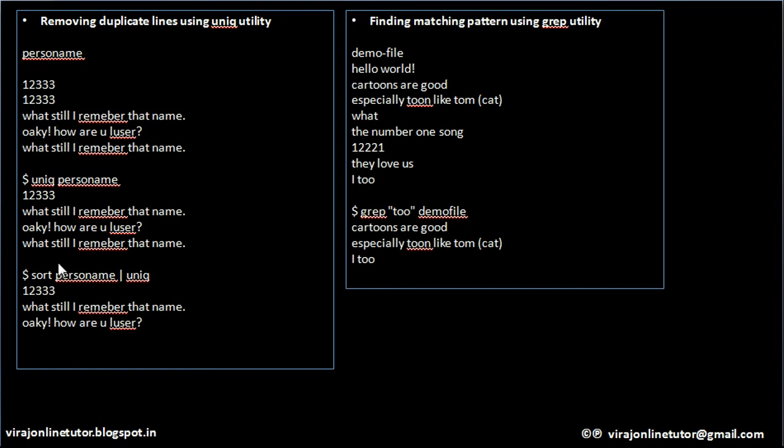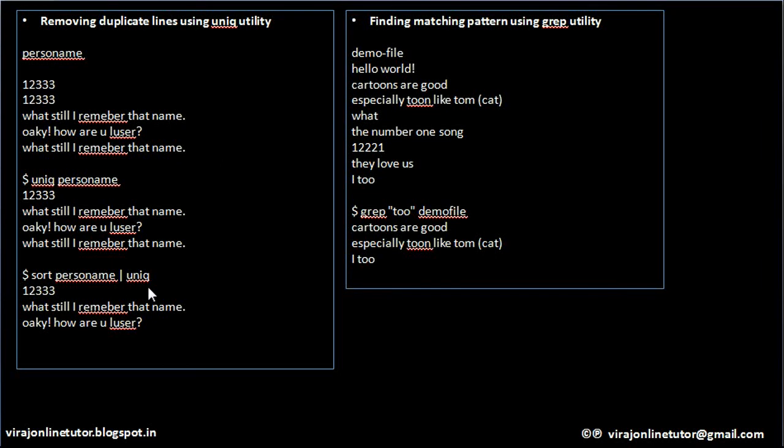After we do a sort, we pipe the output of the sorted file to the uniq utility. Now this is the output of this expression, wherein it retains this line only once, this line also only once, and this line which was earlier once is mentioned here. This line was appearing 2 times, so we retain it once. This line was also appearing 2 times, we retain it once, and this line occurred only once, so it is displayed as it is once over here.